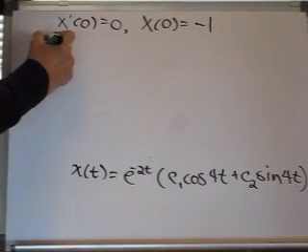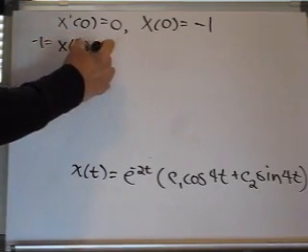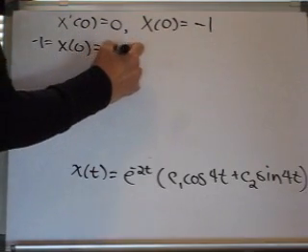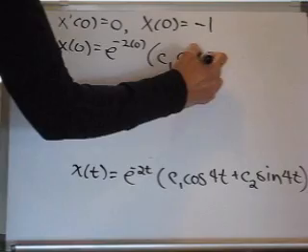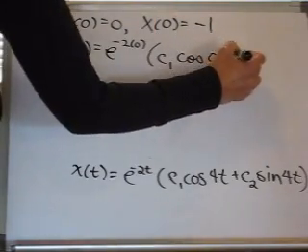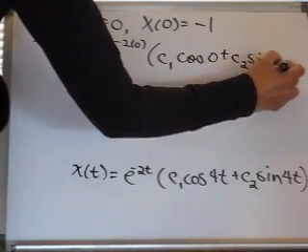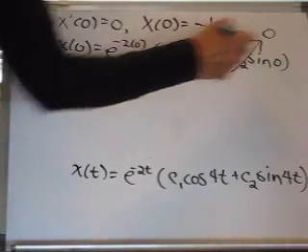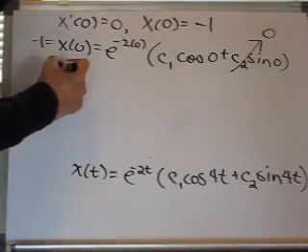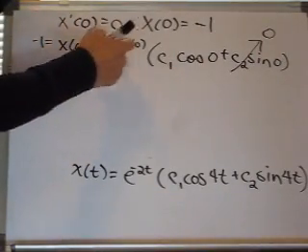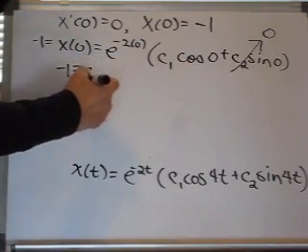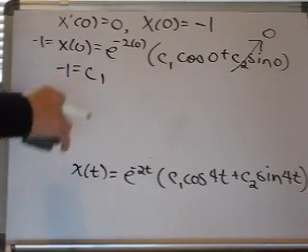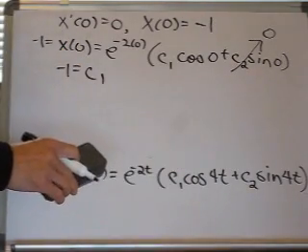And negative 1 is equal to x of 0, which is e to the negative 2 times 0, c1 cosine of 0 plus c2 sine of 0. The sine of 0 is going to be 0, so that term becomes 0. And I get negative 1 equals e to the 0 is 1, and cosine of 0 is 1. So I end up with c1 is equal to negative 1, and then I also need to solve for